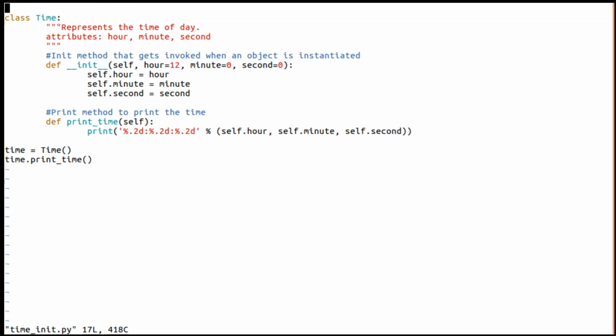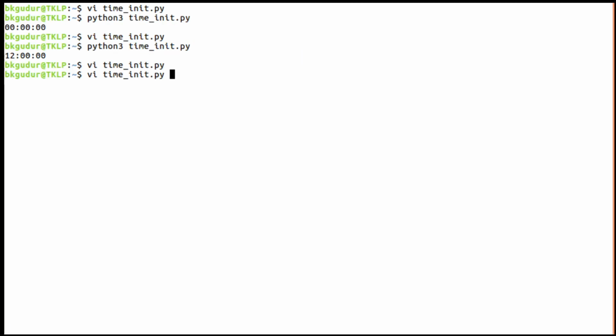By default let us consider it is 0 0 0, and here we can initialize. For example, if I want 10 hours 0 minutes, just give only one argument, 10. This 10 will be initialized to hour, overriding the default, and what we get is 10 hours 0 minutes and 0 seconds.